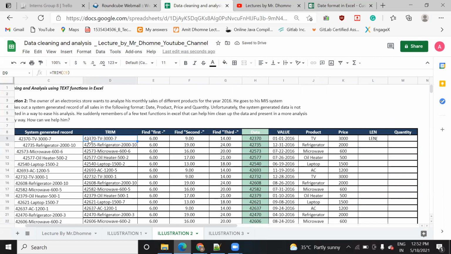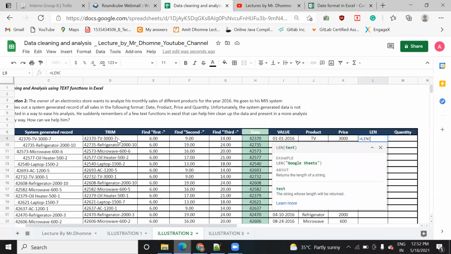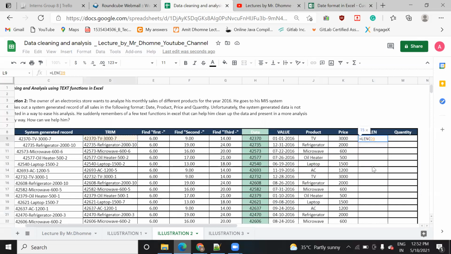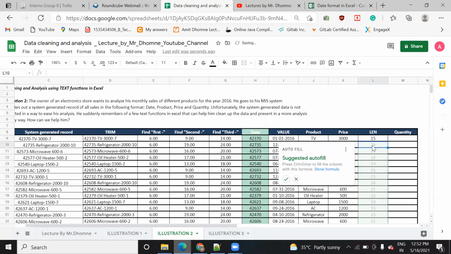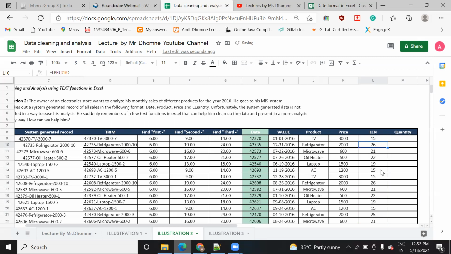So I will pass the D9 value here, and I will close it. When I press enter, it will give the value, right? I will just select this tick mark, so it will autofill the value.